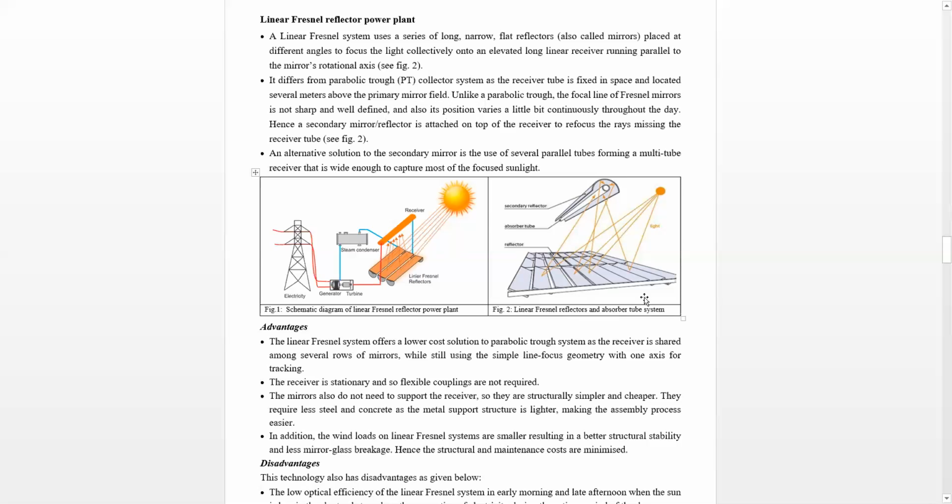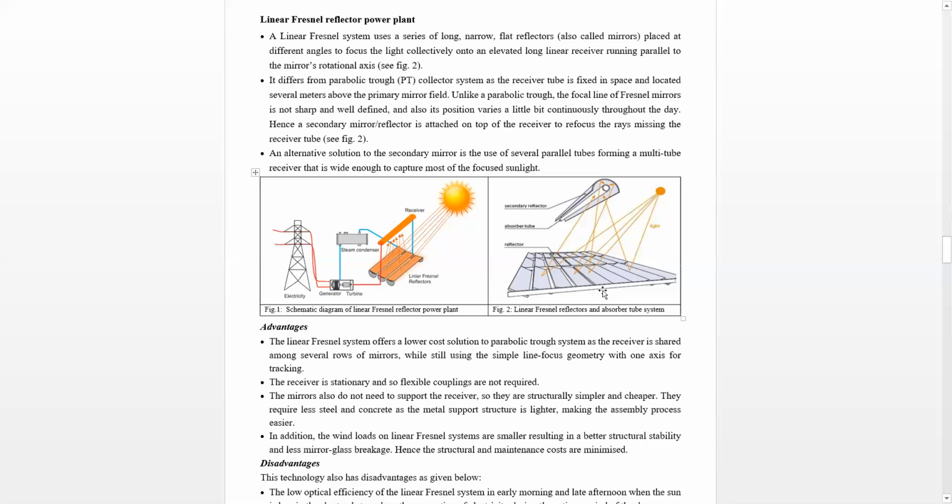This combination of mirror field is also called the primary mirror field. So here there are two mirror fields. One is this one and another is this one, which I will discuss later on. Unlike a parabolic trough, the focal line of a Fresnel mirror is not sharp and well defined, right? So you see, in the case of the parabolic trough collector, you have a single focal line, but here,